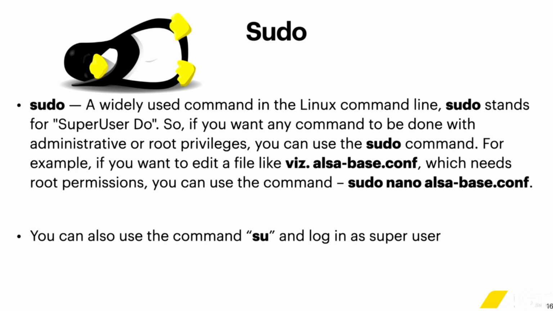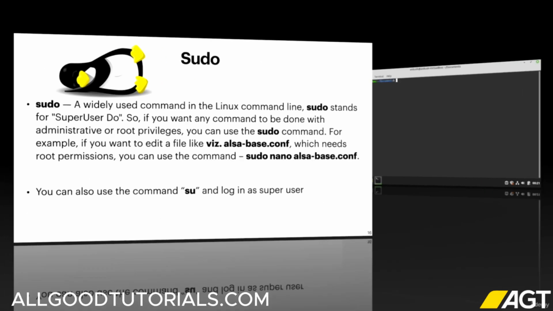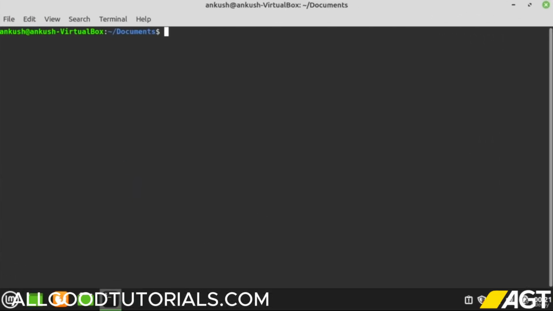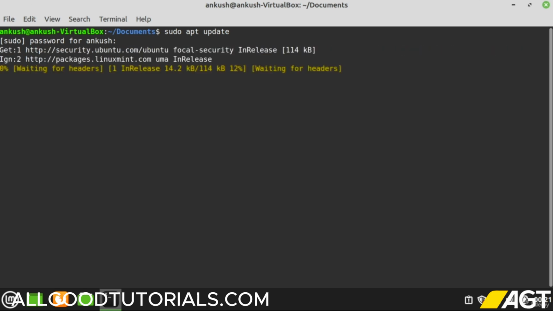So let's say I do not have the permission to update the computer as a normal user. So I can use sudo and then update the computer, and I will be able to update it. So as you know, as a normal user, I do not have permissions to update this computer, but as a sudo user, I can do that. So I will do sudo apt update and then press enter. It will ask me for the password. As I have set password for Ankush, I will just give that password and press enter,